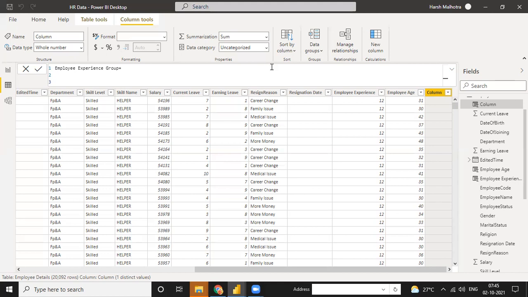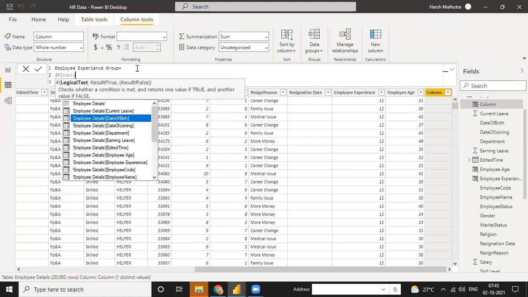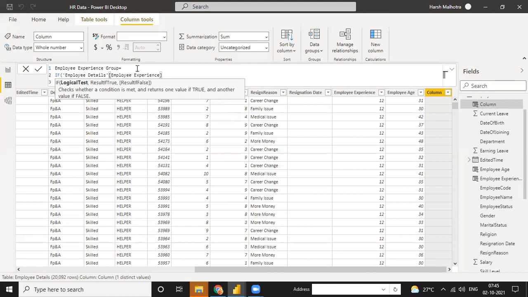I resolved. Okay, so you have to do the same thing with it. Right now, you have to do it with a condition. So in the IF function, the logical test is employee experience, so you can just put employee experience. In this one, if employee experience, you can use greater than or equal to. It means your employee experience is greater than or equal to 31.